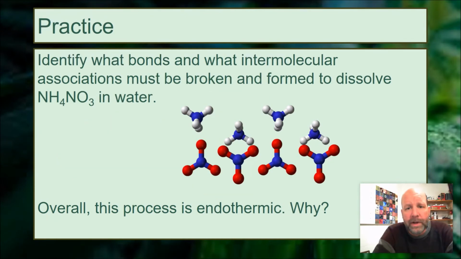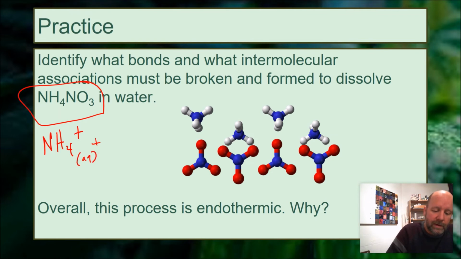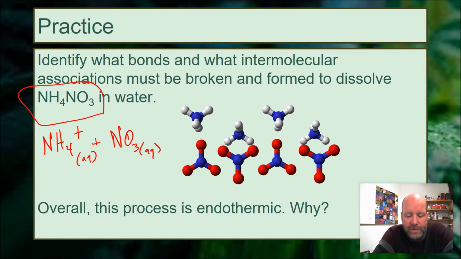So here's your first practice problem. It's a lot like the one we just did. You want to identify all the bonds and intermolecular associations that have to be broken and formed to dissolve ammonium nitrate in water. So ammonium nitrate is going to make ammonium, this guy, plus, and that'll be aqueous, plus nitrate, NO3, this guy. And these are two you should be familiar with in solution. So pretty similar. You should be able to find two breaks and two formations like we did before,